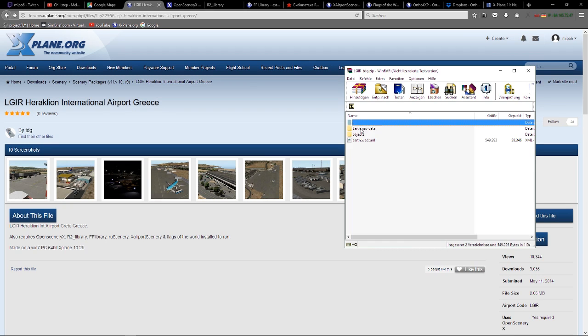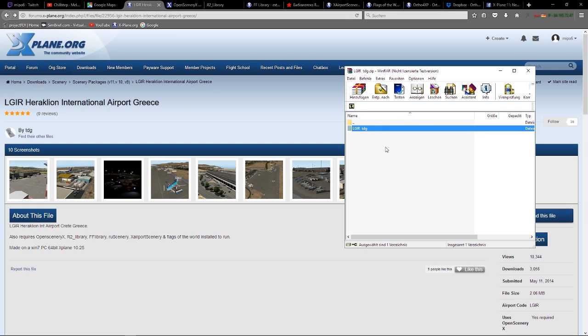You can double click on this. There are a lot of, no, it's not a lot, but there are subfolders and sub files and stuff like that, but we don't have to care about these subfolders. It's just this folder for the airport. And as you can see, that's really important: if you don't read that, you will